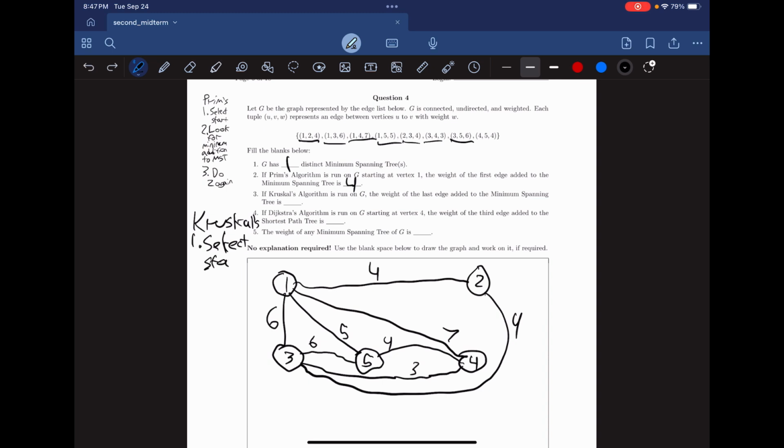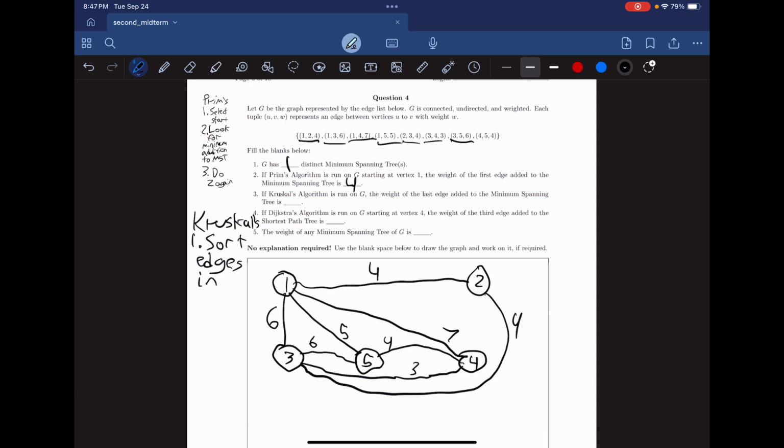I completely said that wrong. Kruskal's is actually one of the few algorithms that doesn't have you select a start. That was a trick question. You don't need to have a starting vertex in Kruskal's. I apologize. The first step of Kruskal's actually is to sort the edges